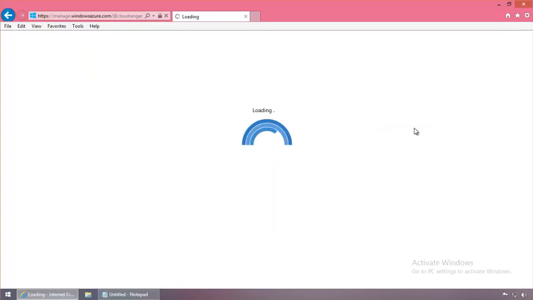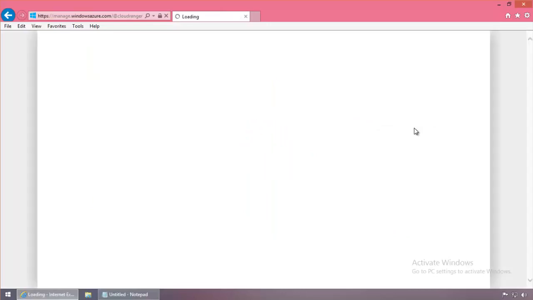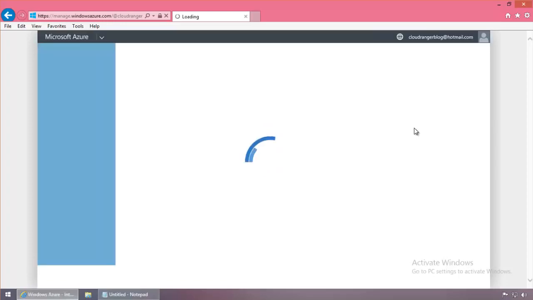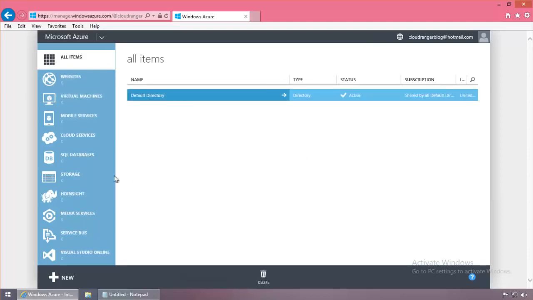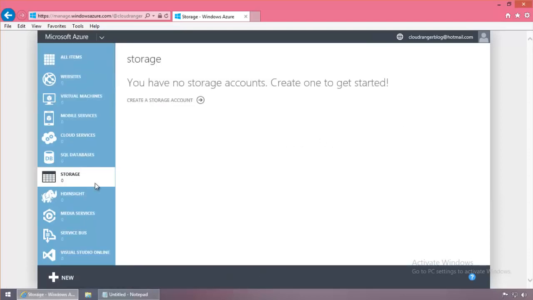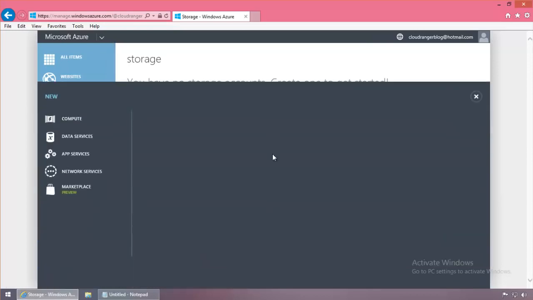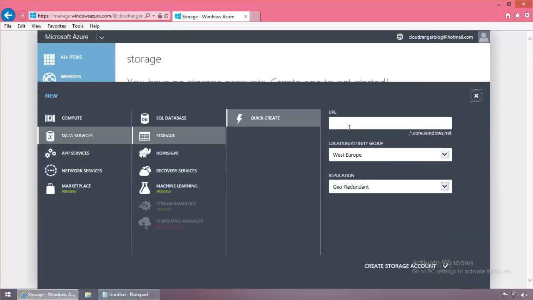I'm going to do a couple of things here once the management portal loads. What I'm going to do is create a storage account similar to what we had created in our last session. It's going to be almost exactly like that actually. So I'm going to go to storage over here and create a storage account. It brings up the menu and comes to quick create. You have to provide a unique name over here. So I'm going to just put Cloud Ranger